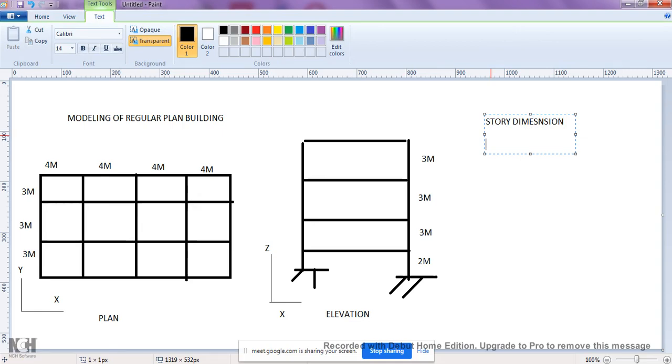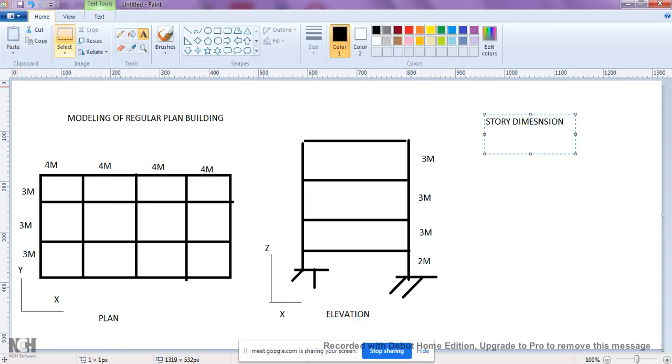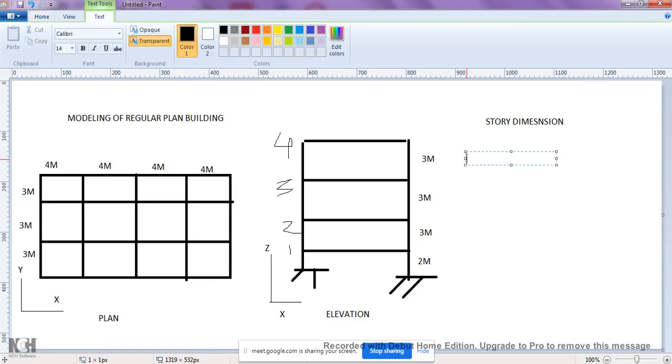So first it will ask you how many stories are there. I need to count how many stories there are. This is 1, 2, 3rd and 4th. It is asking the number of levels, not the number of stories. How many levels are there? First, that is the plinth level, then after the first story, second floor, like this. Now I need to set the number of stories as 4.